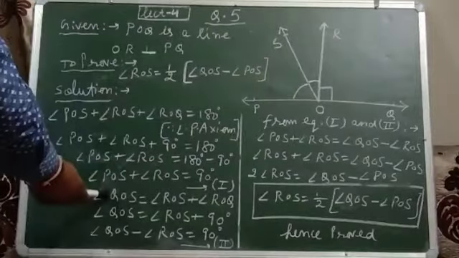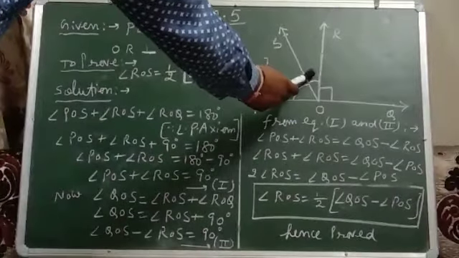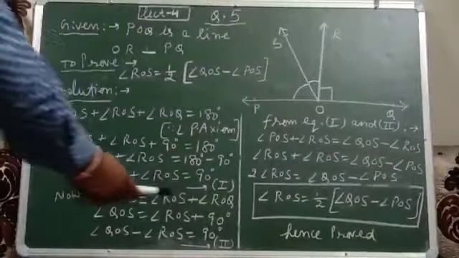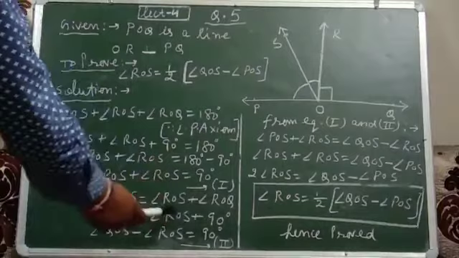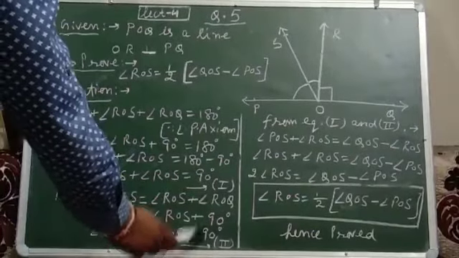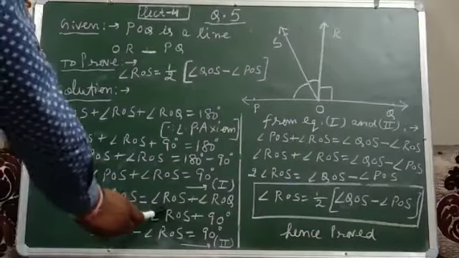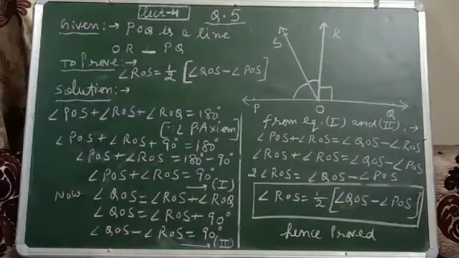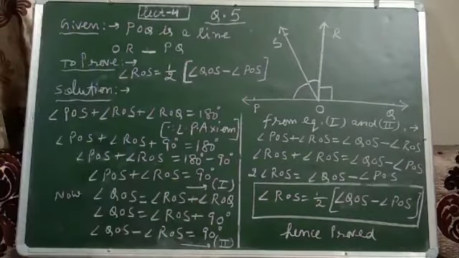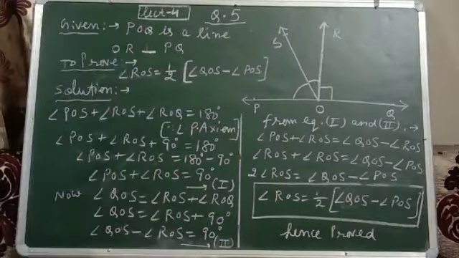So here we will write angle QOS equals the sum of these two angles, means angle ROS plus angle ROQ. Again the value of this angle we know, 90. These two angles will remain as they are. So 90 we will take on the right hand side and this angle will shift to the left hand side. So ROS will become minus. So QOS minus ROS equals 90. So let this be equation number first and this be equation number second.